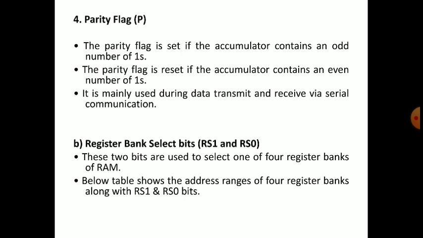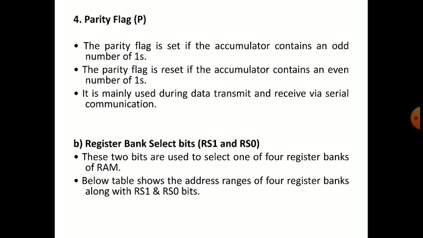The parity flag is set if the accumulator contains an odd number of ones. Where do we have to see the parity flag condition? In the accumulator only, we will see the data. The results of all arithmetic or mathematical operations will be stored in the accumulator. So in the accumulator data, if there is an odd number of ones,